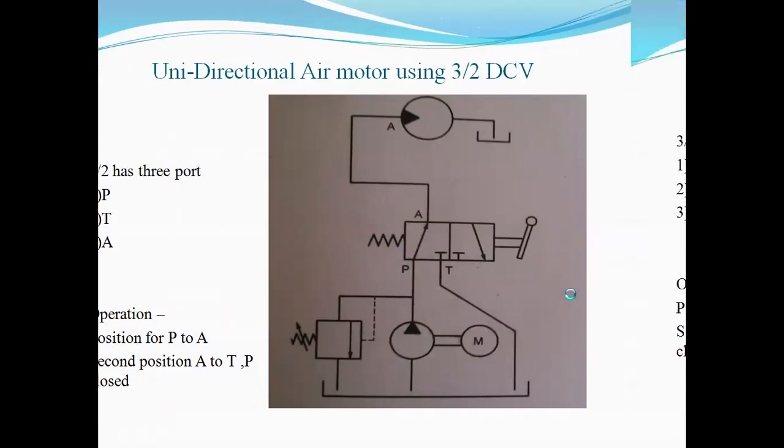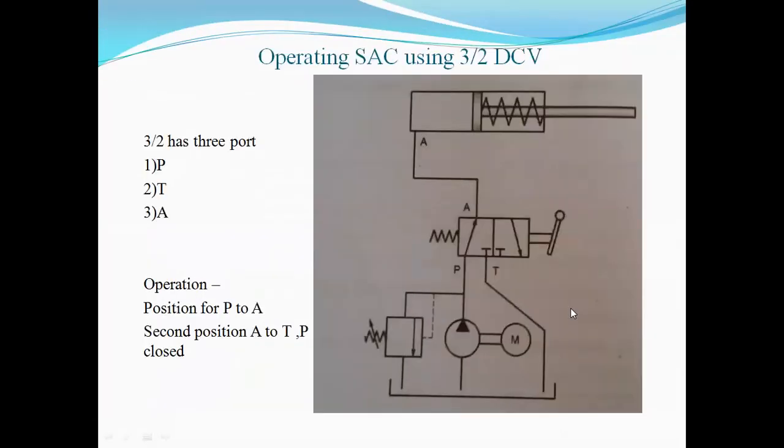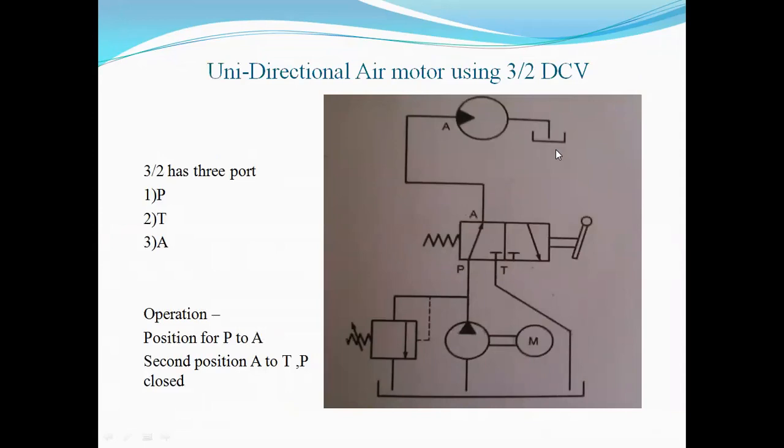So there is an advantage of a single acting rotary actuator, or unidirectional actuator, which does not require a return line as the return stroke is completed due to the expansion of the spring in the case of a single acting actuator. In the case of a rotary actuator, the return line is connected directly to the tank so that the hydraulic oil will pass towards the tank.